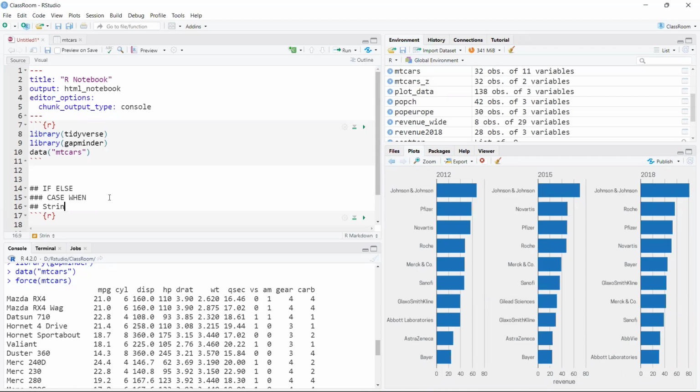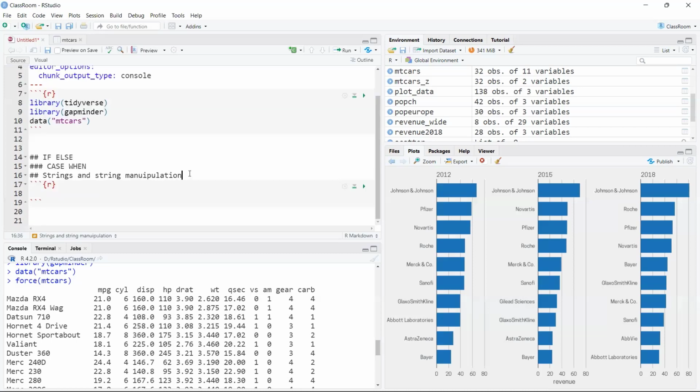Strings, and string manipulation. When you talk about a string, you're not talking about a thread, not like the one for knitting,